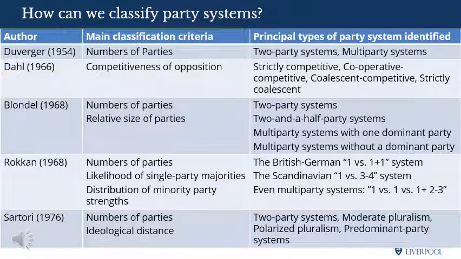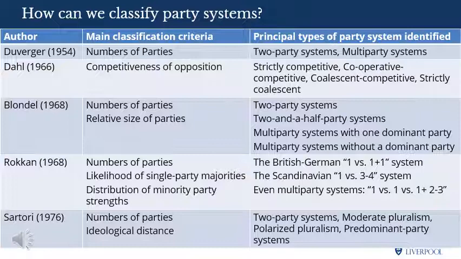Multi-party system with a predominant party, that's where 1 party gets about 40% and typically twice as much as the next party. A good example being the devolved Scottish and Welsh party systems or the recent French general election, or multi-party systems without a predominant party. Denmark, the Netherlands, Switzerland, Belgium, all good examples of this. Now, the percentages Blondel used came from case studies he was looking at in the 1940s to 60s, so the numbers themselves aren't particularly important, rather it's about the relative position, size and strength of those parties.